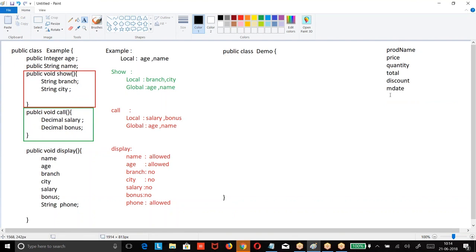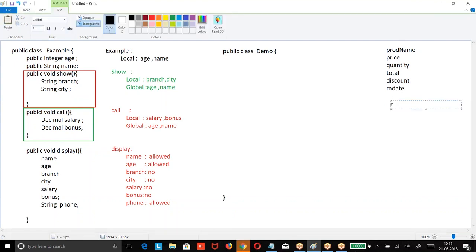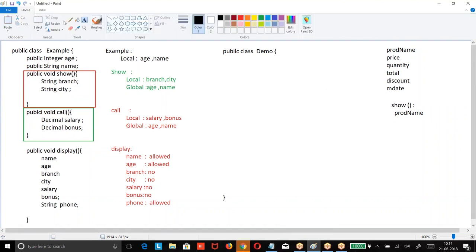Now these are the members I have. Now my requirement is within the show I have to use product name. Within the show I was supposed to use product name, this is the data I was supposed to use within the show.